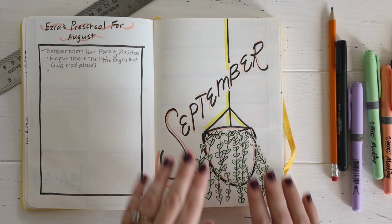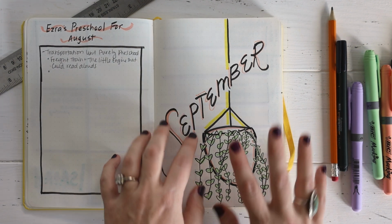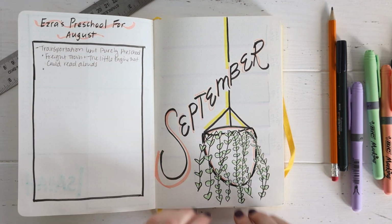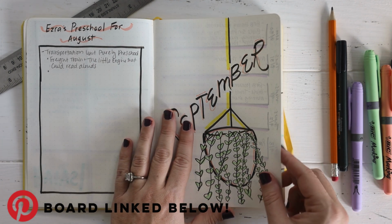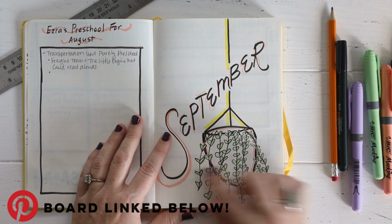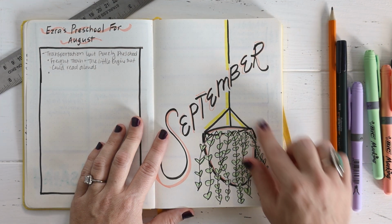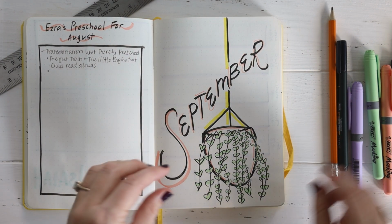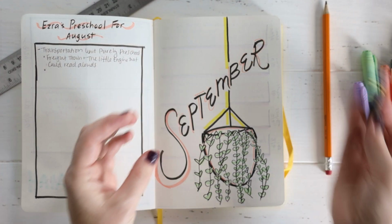Moving on to September, I saw this really cute idea on Pinterest for bullet journaling doodling. And so I actually made a Pinterest board. I will link that Pinterest board below, and you guys can check it out for some ideas for bullet journaling. These take me a little bit longer because I do them with the pencil first, and then I go over them with these pens right here that I showed you before. I highlighted